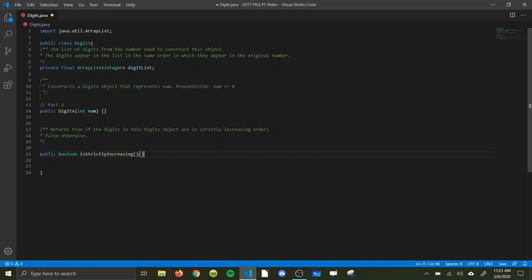The first one is actually the constructor for this class. What we want to do is be able to give it an integer. Then we're going to take all of the digits in that integer and store them in an array list, so each digit will have a spot in the array list. The first thing that we need to do is initialize the array list. Now, we've already been given digitList above here, but we have to actually initialize it, meaning we need to